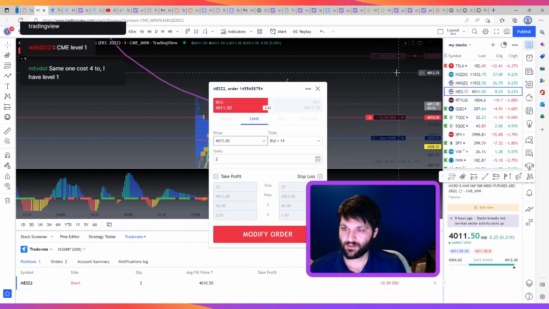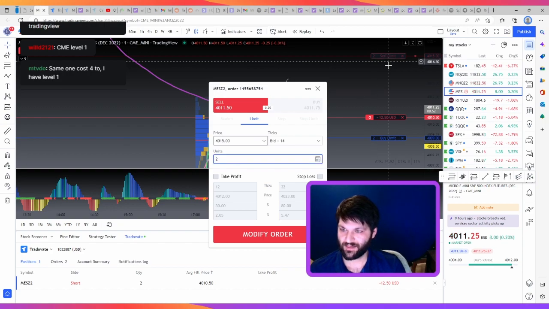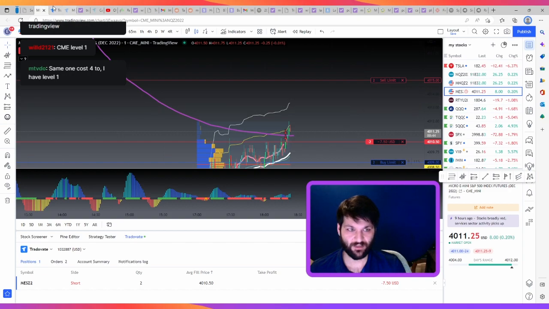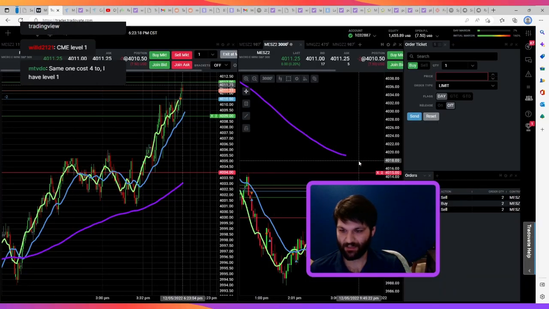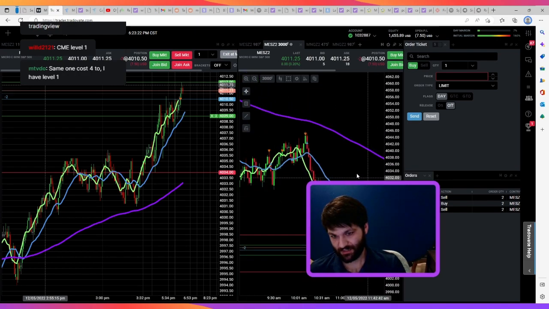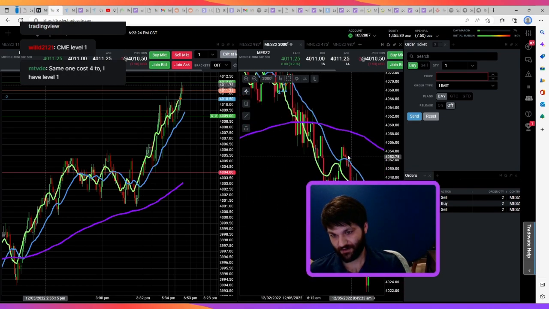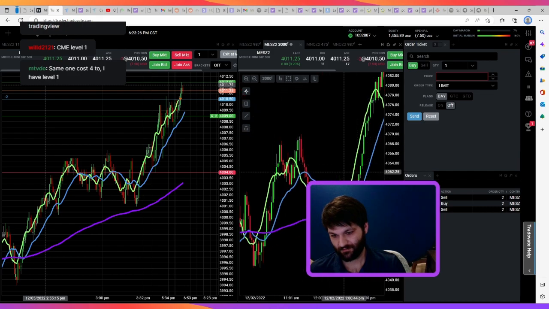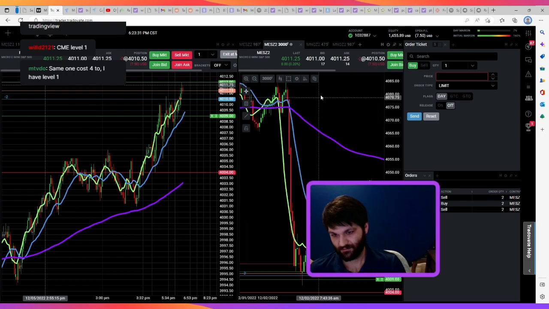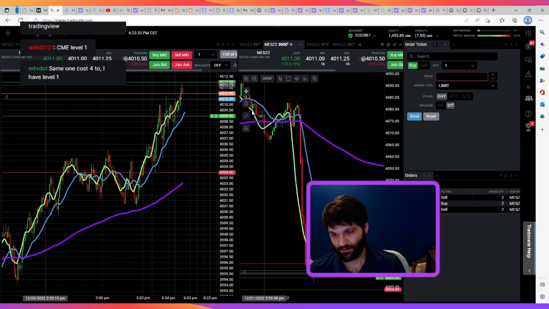I almost want to do it with 3 instead of 2 so I can get a really close average to here. But I don't really want to change it because I want to go heavy. If we keep moving up, I want to go really heavy here. Because as you can see, it's very respectable, you see what I'm saying? Very respectable.